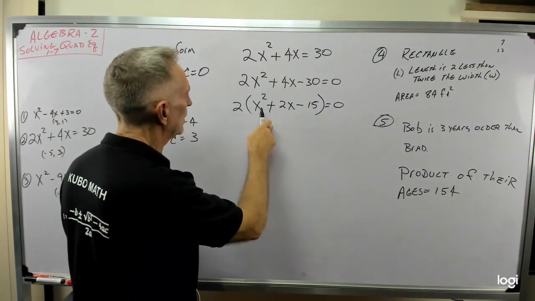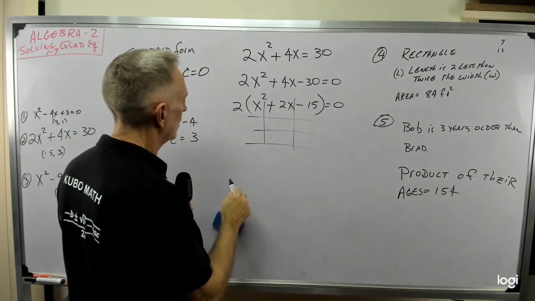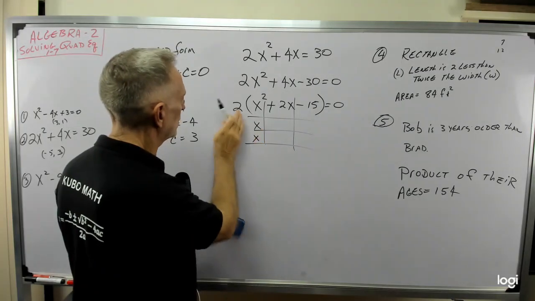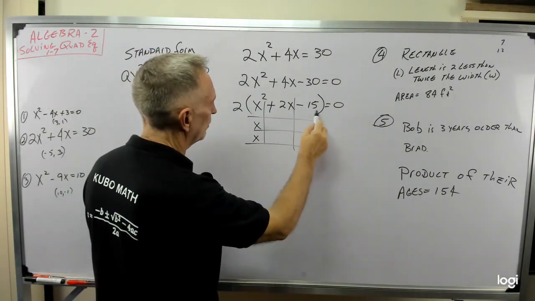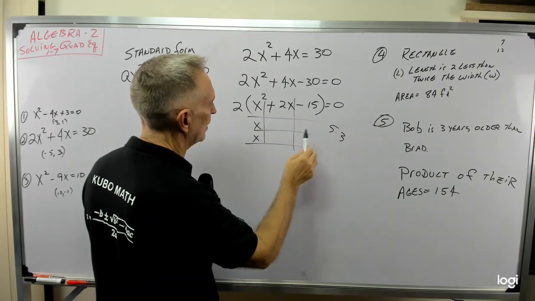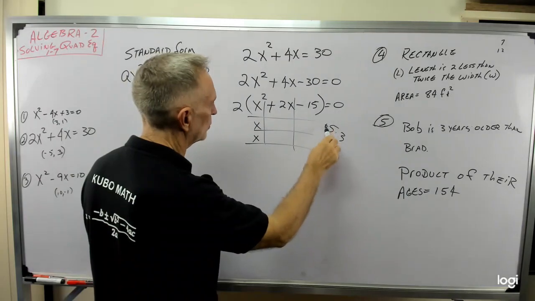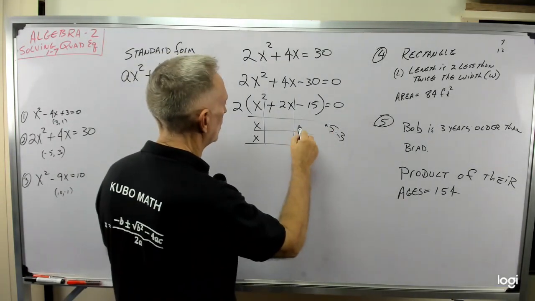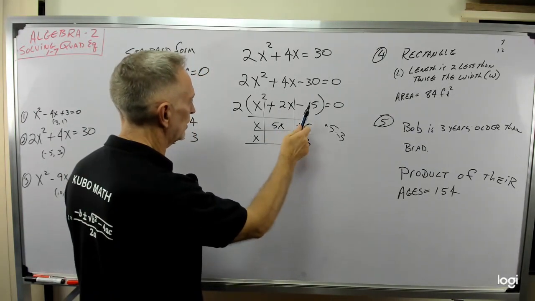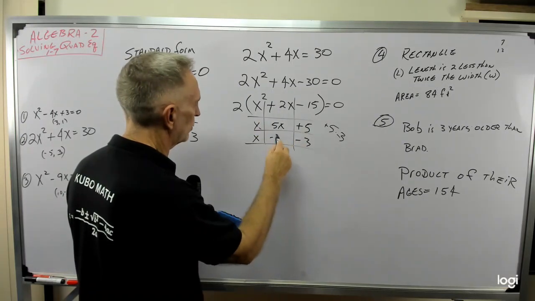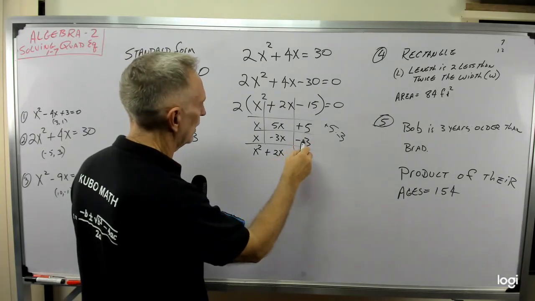Now then, let's put our goal post up here. So I have x times x. I'll leave the 2 on the outside for now. And let's see, 15 and 1, 5 and 3. 5 times 3, but it needs to give me a positive 2 when I add those together. So this would be a positive and a negative. So I'm going to put a positive 5 and a negative 3. So that gives me a positive 5x. It gives me a negative 3x, which gives me a positive 2x when I add them together,